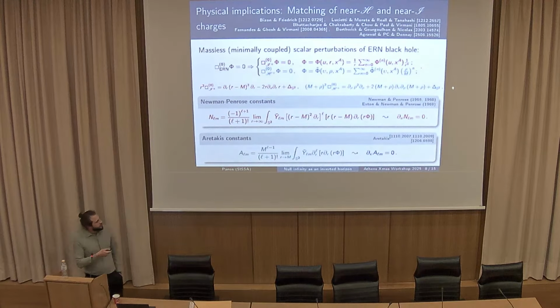And there's an analogous story that happens on the event horizon, at least for the extremal black holes, where one instead has some particular combination of these near horizon modes called the Aretakis constants. These again have some different physical meanings, but there are still infinitely many conservation laws that we get for free, and we still don't really know why they exist, but they are here, they are there, and they are part of the data of the problem.